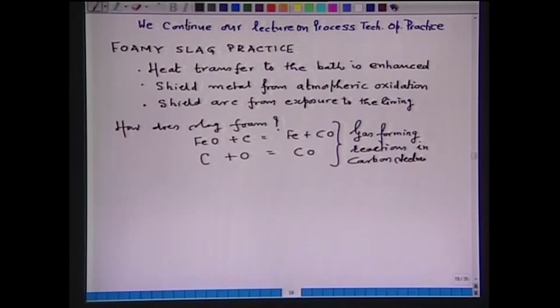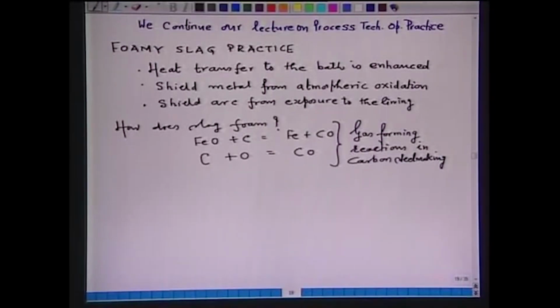In case of alloy and stainless steel making, the foaming slag mechanism is slightly different. We will deal with it when I tell you the stainless steel making practice. During the meltdown period, progressive melting of the scrap exposes the arc to the lining of the side wall of the furnace. Now, for the foaming slag, it is required that carbon content of the bath should be sufficient and oxygen should also be available. So, that means for foaming to occur,